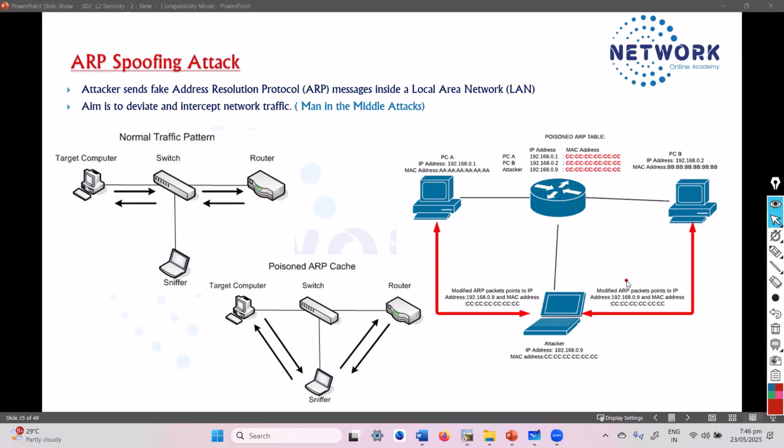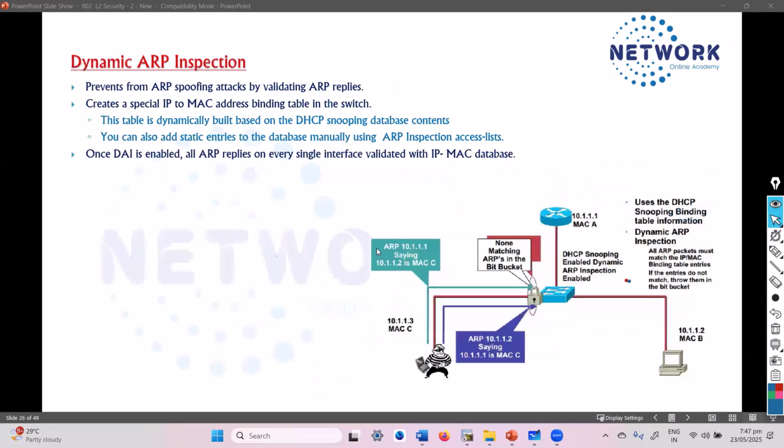There are many tools. We don't get into the tools actually, but you'll find tools like ARP spoof or Arpel. There are different tools which can be used by the attacker. Here, our intention is not so much on introducing the attacks. Our focus is more on getting into the solution, the mitigation, and the solution is dynamic ARP inspection. You can enable the feature called dynamic ARP inspection, which is something we'll talk about.